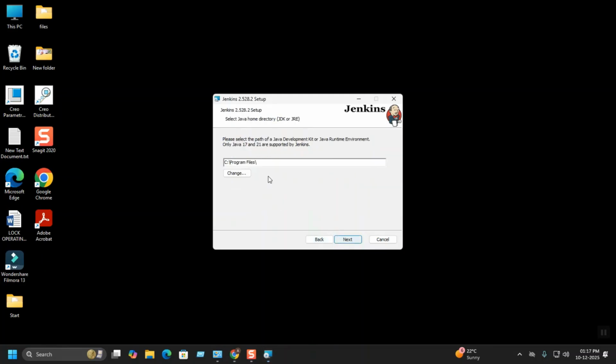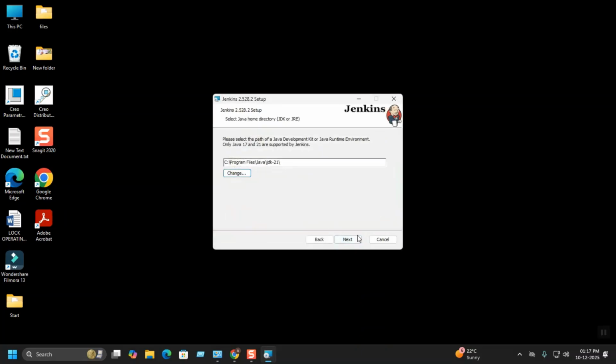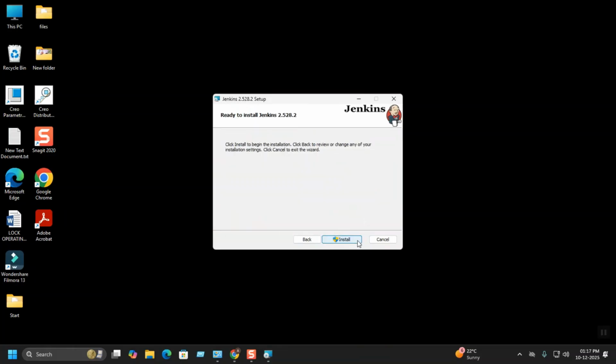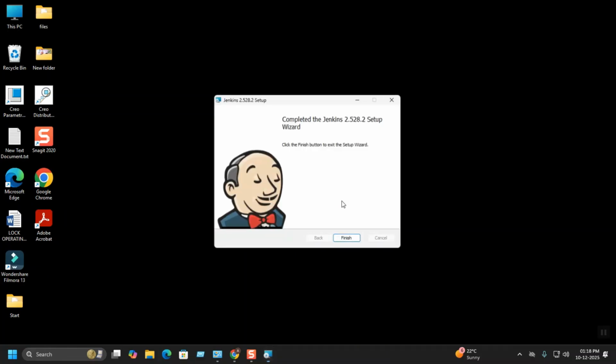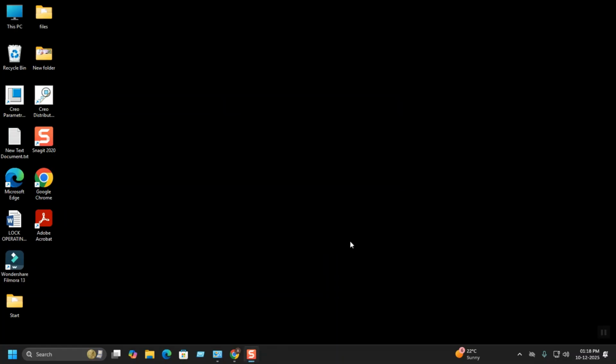Select next. If it's not tracing the Java location, you need to change it from Program Files. Select Java 21, OK, and select next. And next and install. It will start the installation of Jenkins. See, it got installed. Once I hit finish,